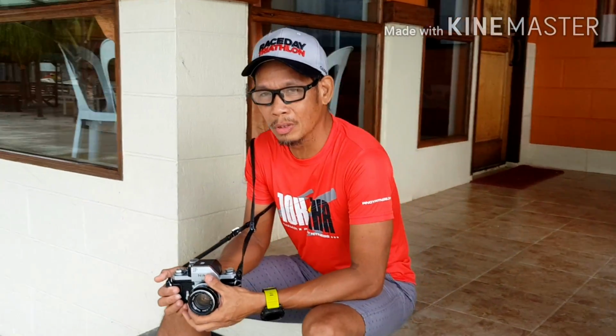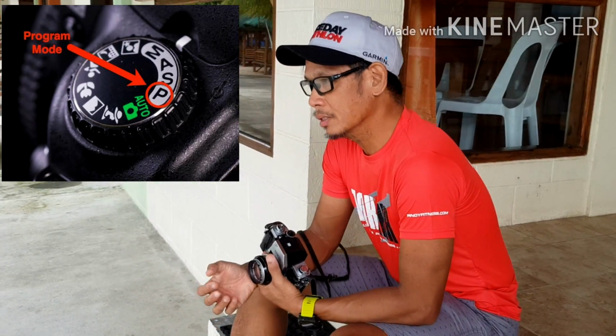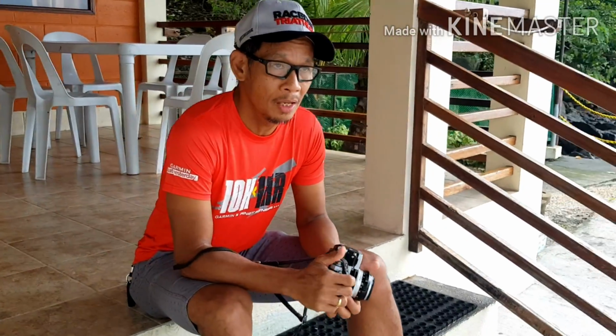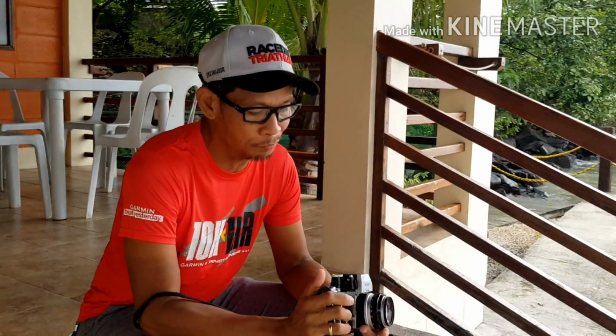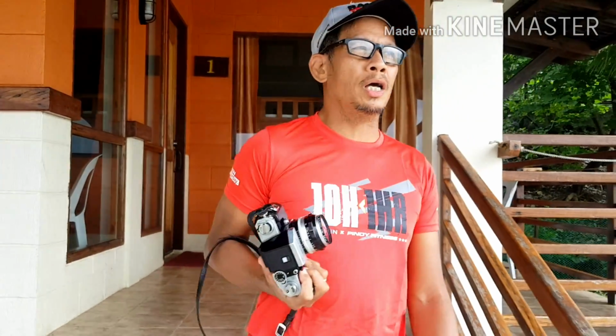Well, unlike in a digital camera, you have available aperture priority, shutter priority, program. Everything is so laid out that it's very easy for you to use, and there's no need for you to get into the nitty-gritty of the digital camera. But with this one, you have to take time to analyze and study and master each and every button and rewind and everything, and therefore you have to be intentional as far as this analog camera is concerned. You have to get your subject right there and allow them to stand